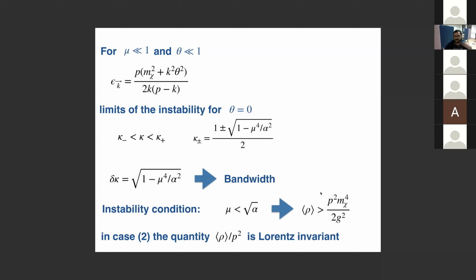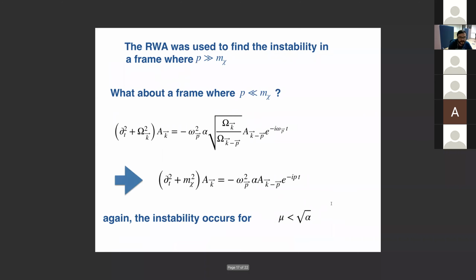And then my question was, what happens if it is Lorentz invariant? What happens for a small p? For instance, this calculation was made when the mass is much smaller than p. But what happens in the opposite case, when p is much smaller than the mass? I looked at the equations again. Actually, this is a slide. In this case, when p is much bigger than m,